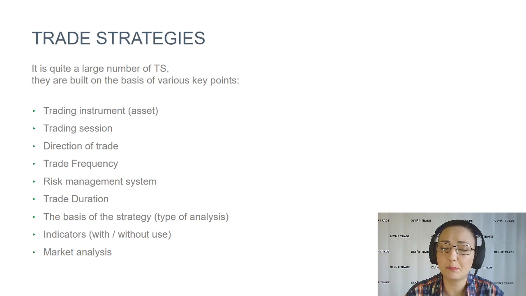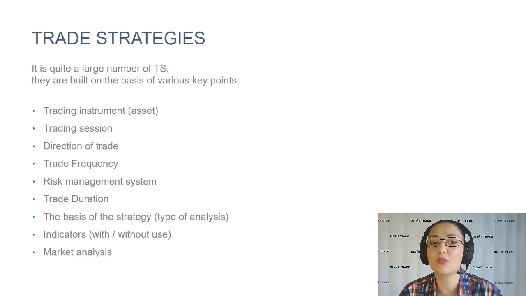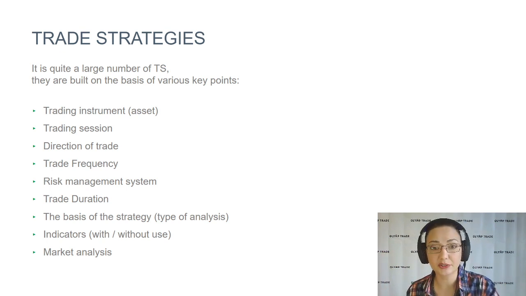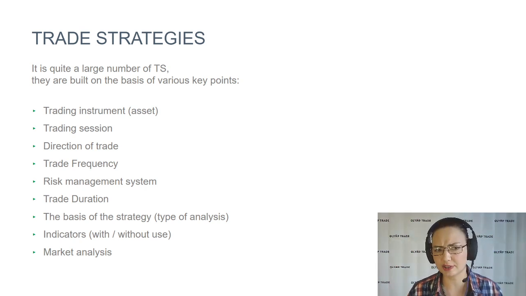Also, for example, the basis of our strategy. Again, this is whether we're using a combination of specific indicators or if we are simply looking at the reaction following a news release. So what is the basis of our strategy? Indicators, like the last three, are a combination from the same family of indicators, whether we are using indicators or we are doing naked trading, working without indicators. And of course, market analysis. Don't forget